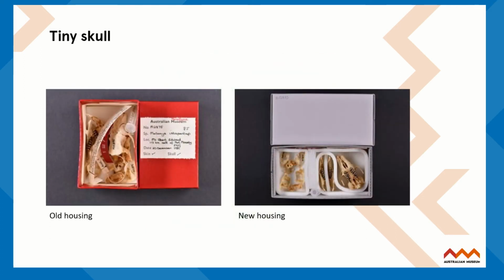In this image, you can see an old example of housing on one side, on the left. So we can see the bones are a bit jumbled together there. With the red vinyl material, we weren't too happy about its archival qualities, so we've moved it into the box on the right. In the new housing, we've separated out the bones, we've kept the skull plates in one area,